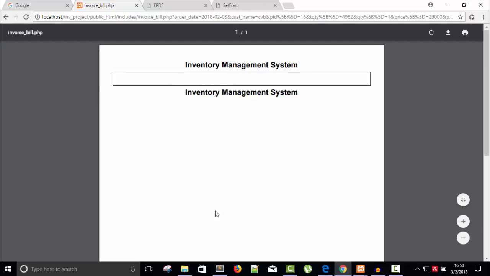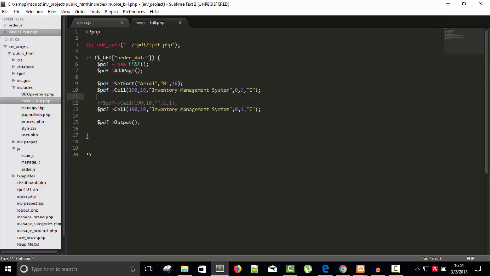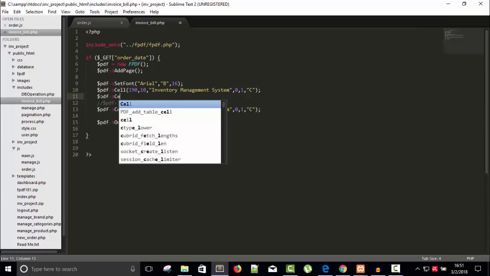Yeah, that's our space I want to create. And I'm going to remove it. Okay, now we don't need a space, so I will keep it in comment, later we can use. Now we have already taken a 1, means after this statement I will take a new line and then print. So just do it .pdf and cell